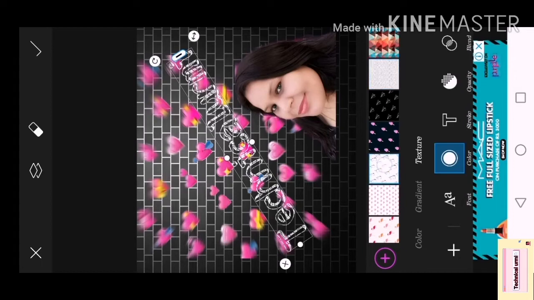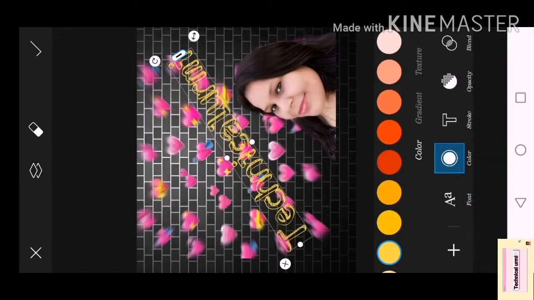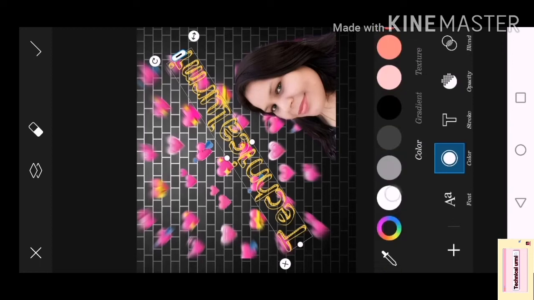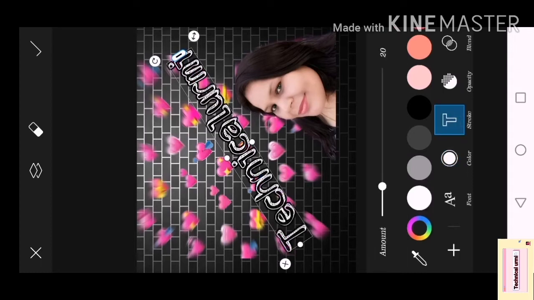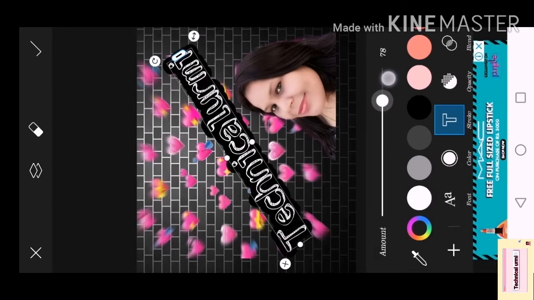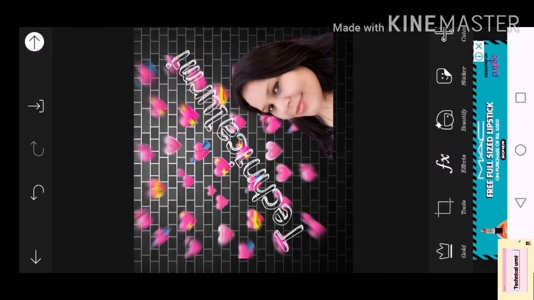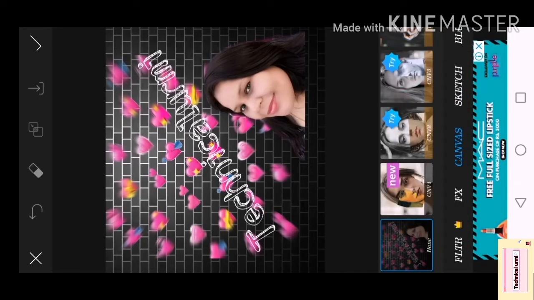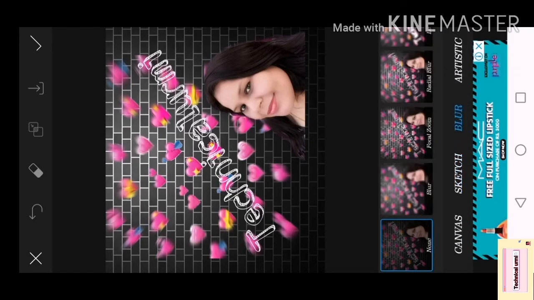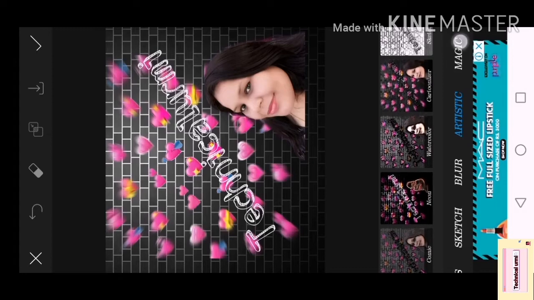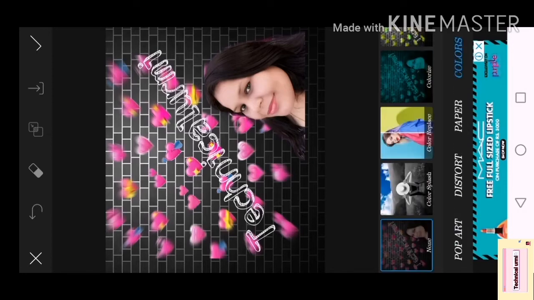And I want only color, so come back to the white color here. After that, you can see there, if you want shadow or strokes of some kind, but I don't want that, so just click on the OK button here. Now if you want some kind of effect, you can change it according to your requirement: sketches, blur, anyone you want to select. Whatever you like, you can use. I don't want anything from here.